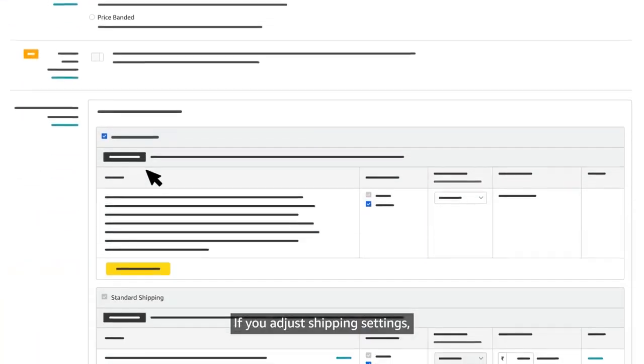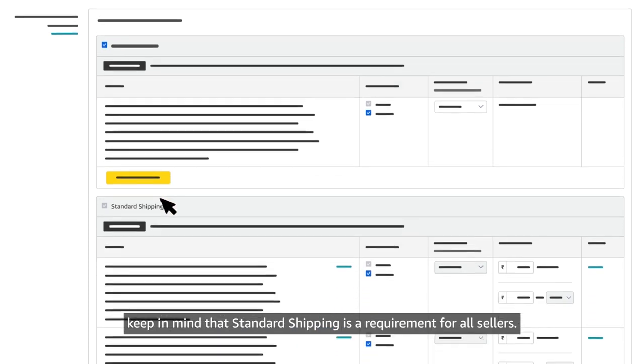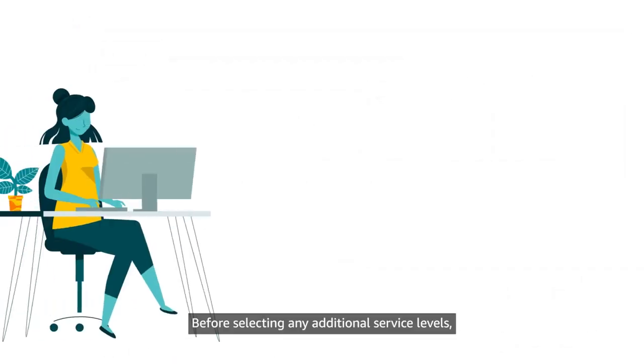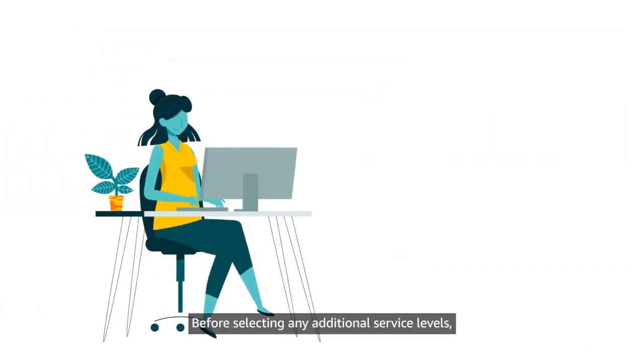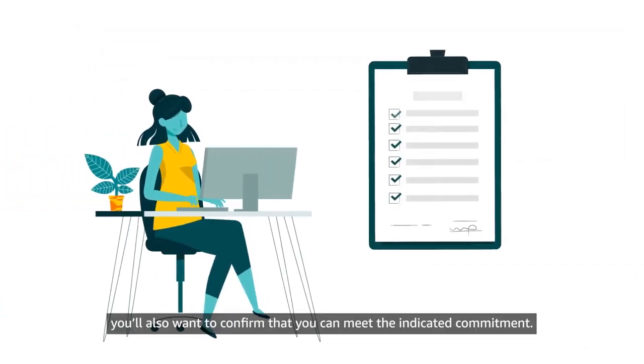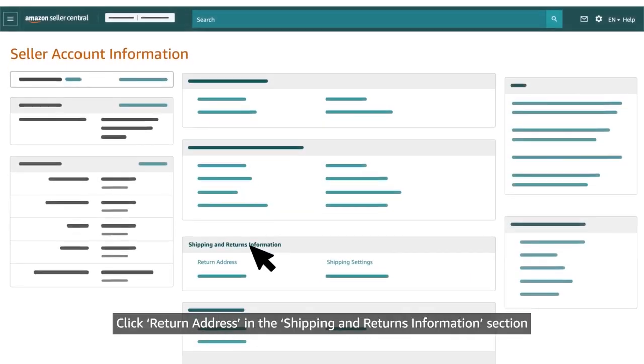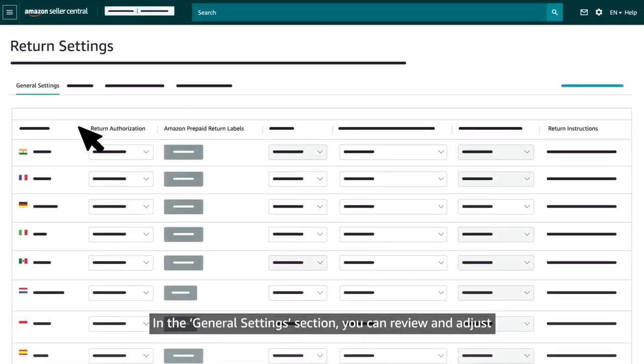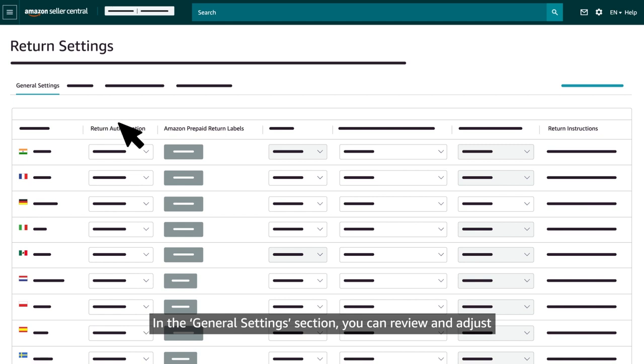If you adjust shipping settings, keep in mind that standard shipping is a requirement for all sellers. Before selecting any additional service levels, you'll also want to confirm that you can meet the indicated commitment. Click Return Address in the Shipping and Returns Information section to view and edit return settings for your seller fulfilled and FBA orders. In the General Settings section, you can review and adjust